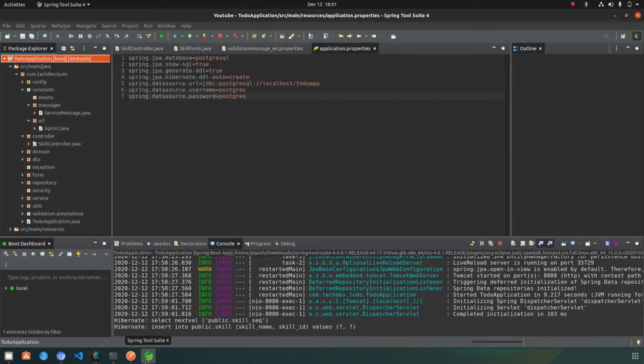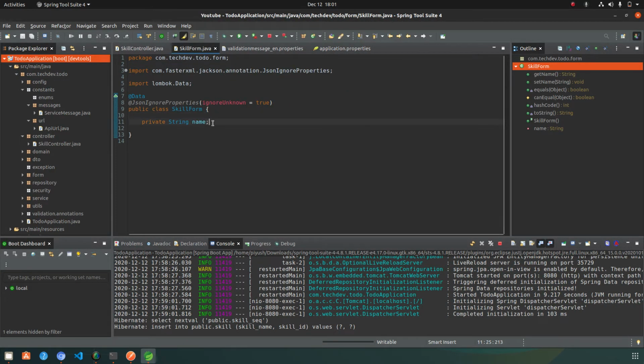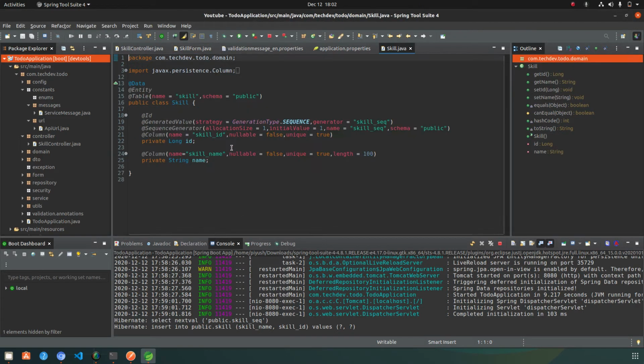Now you can see that I have not validated this request, so if I send a null, empty string, or blank string as the skill name, it will definitely accept it. But let's check the skills Java entity.